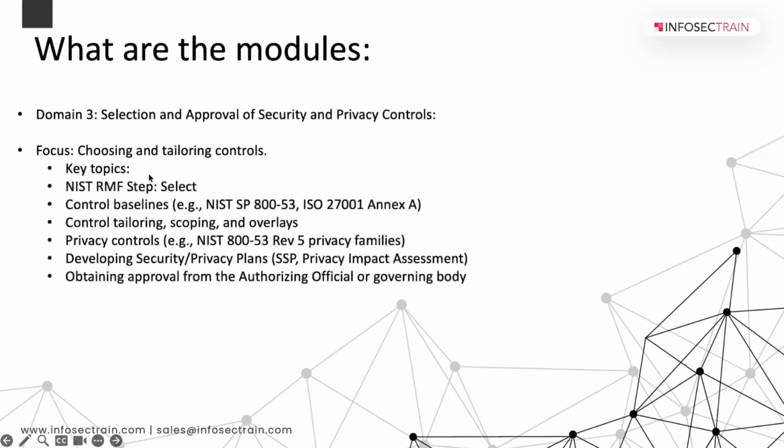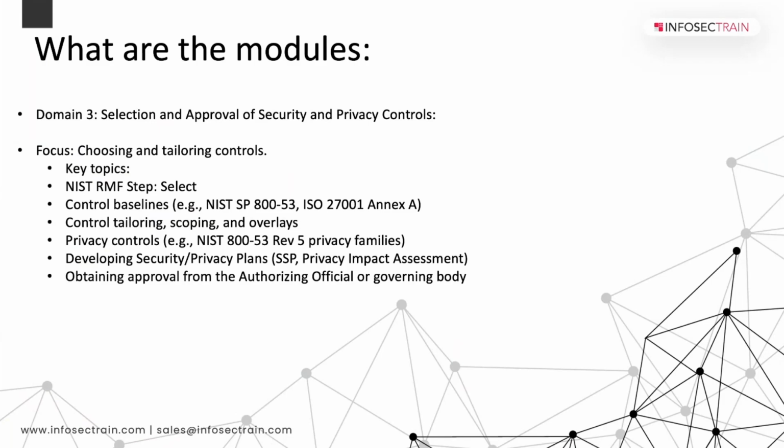Now in the third stage, which is the selection and approval of security and privacy controls as per the NIST RMF framework, this is where we are going to select the controls, the type of controls which we are going to implement. So which document are we going to use? NIST SP 800-37 is your risk management document, but the control selection will happen from NIST SP 800-53 or ISO 27001